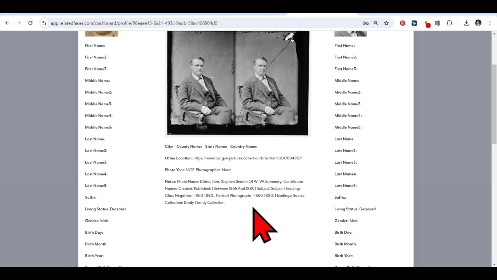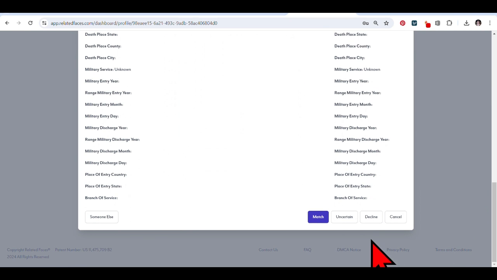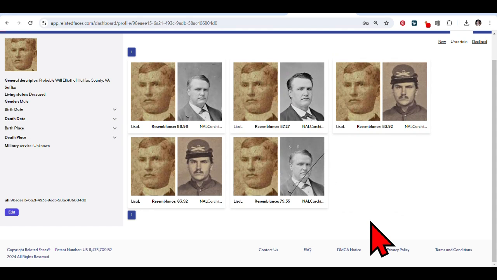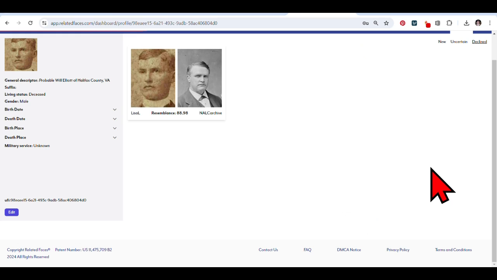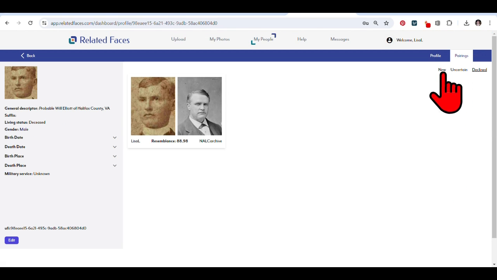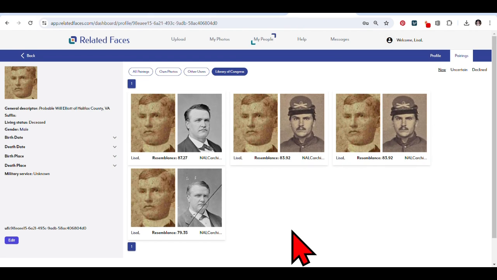So this one is not a match. That's okay. At least I had something to look at. I can come down here and say, I'm going to decline that match, and it will take that one out. It shows me those are my declined. I can look at any of my new pairings that are out there and go,